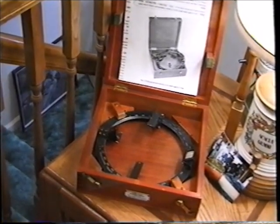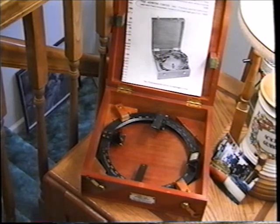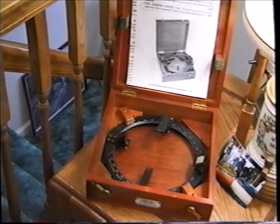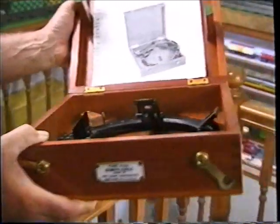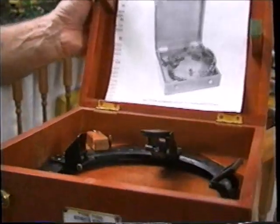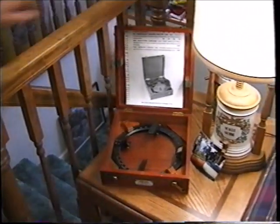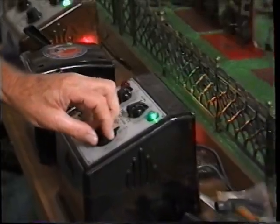This happens to be what they call the azimuth circle, and apparently it either fit over a compass or something. They also made compasses. In fact, there's this stuff that they made for the Navy type compass, and then this happens to be the azimuth circle, and they did wonderful work. If you wanted to get a close-up of that, look at that name in the wood, made by the Lionel Corporation right on there. And feel that box, you know, I mean, it's a real Rembrandt. So it's just something else that's hard to find, and if it's made by Lionel, I like it, I get it. We'll start over there, and